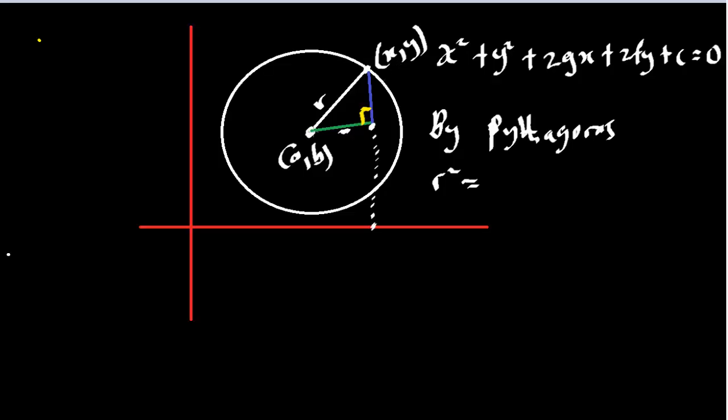And the x coordinate here, if we trace it down, is a. So a is the x coordinate and x is the x coordinate. So the difference becomes x minus a squared, then plus the same way the y coordinate here